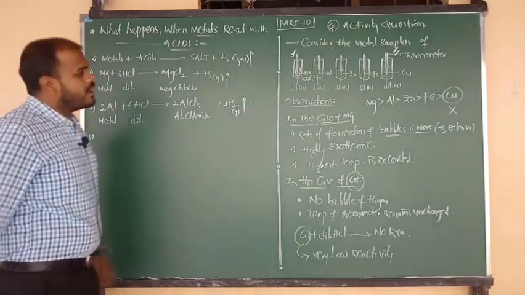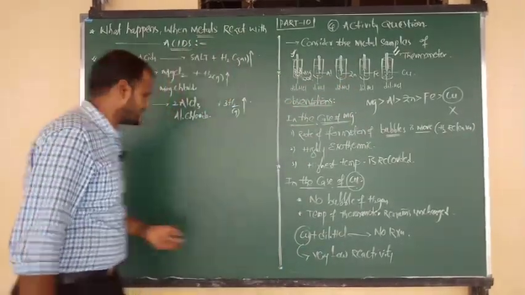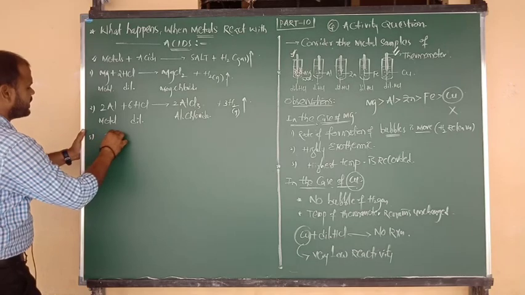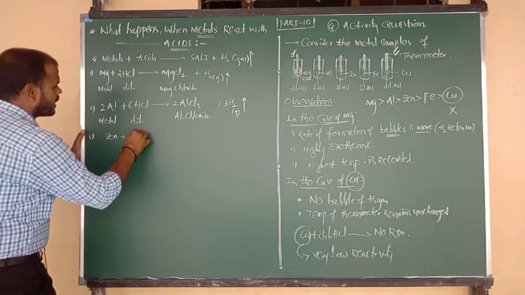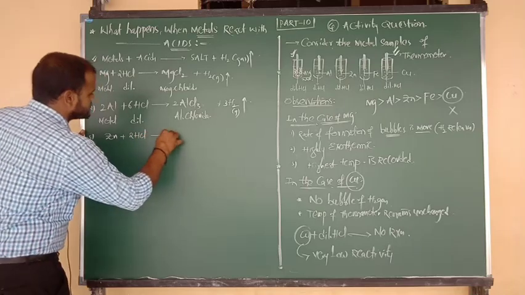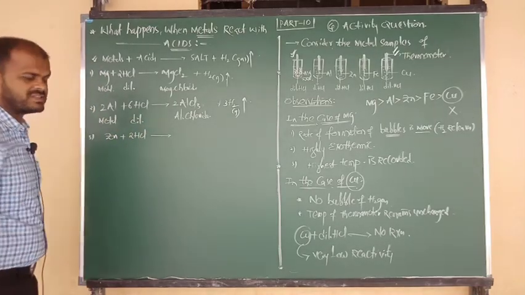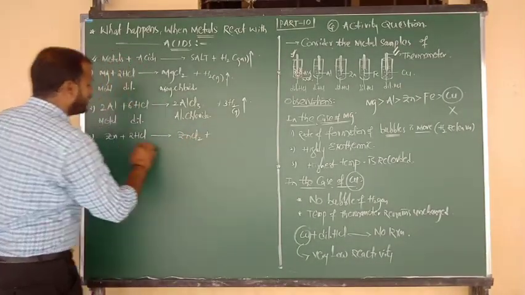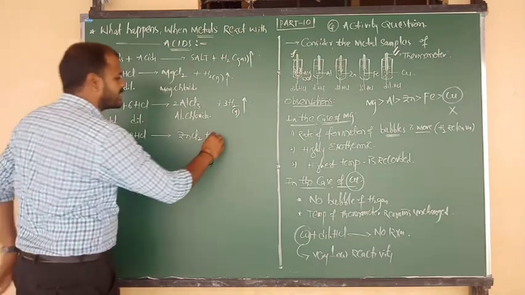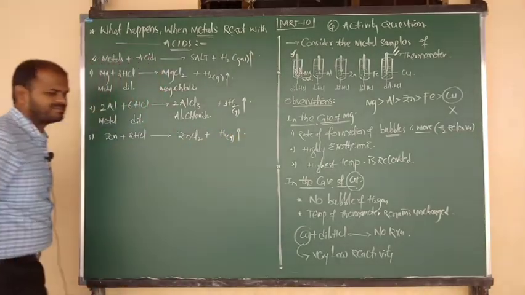Third one. How does zinc metal undergo reaction with dilute hydrochloric acid? Zinc metal upon reaction with dilute hydrochloric acid, because Zn charge is +2, so we require 2 moles of Cl. So zinc changes into zinc chloride, and the remaining 2 hydrogen atoms are there that we can eliminate in the form of hydrogen gas.